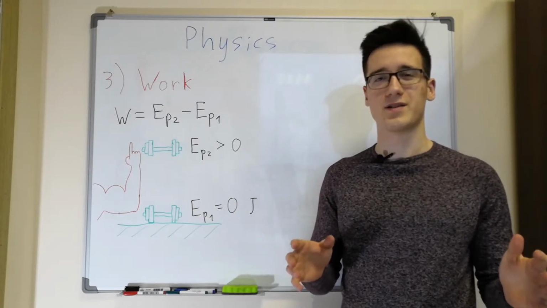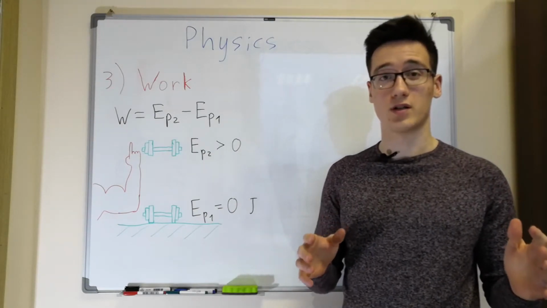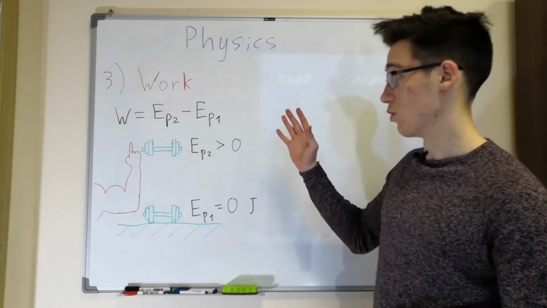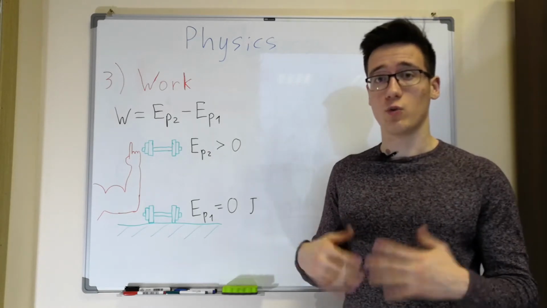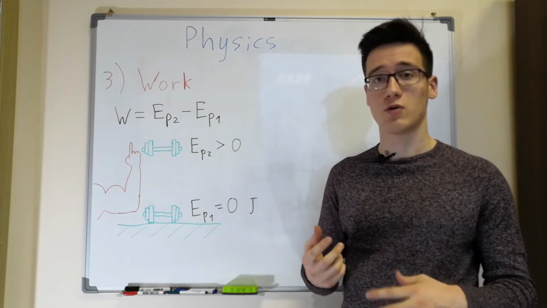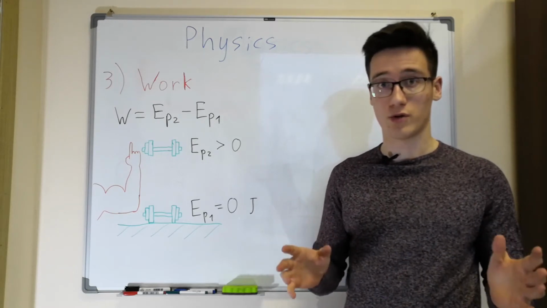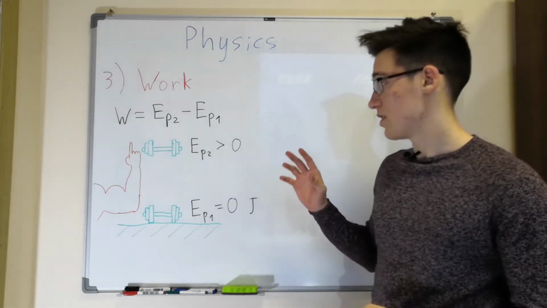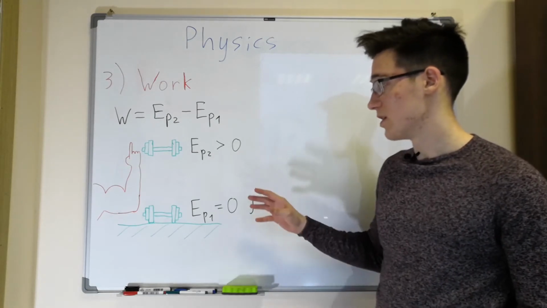This leads us nicely to the third important concept from physics, which is work. Basically, when we do work on an object, we change either its potential energy or its kinetic energy, or both of them at the same time. As you can see in the example right here, with the same dumbbell,